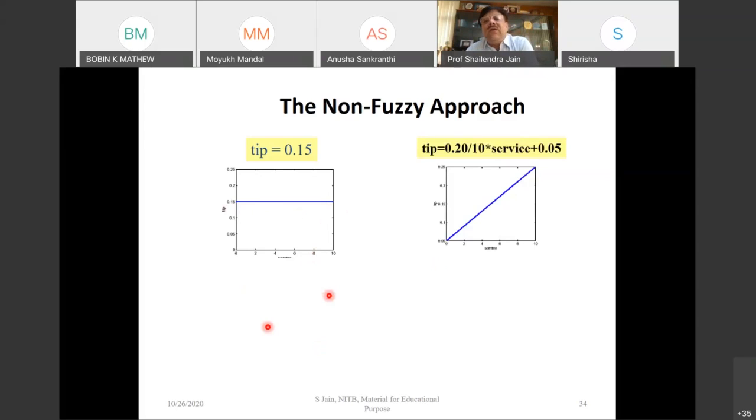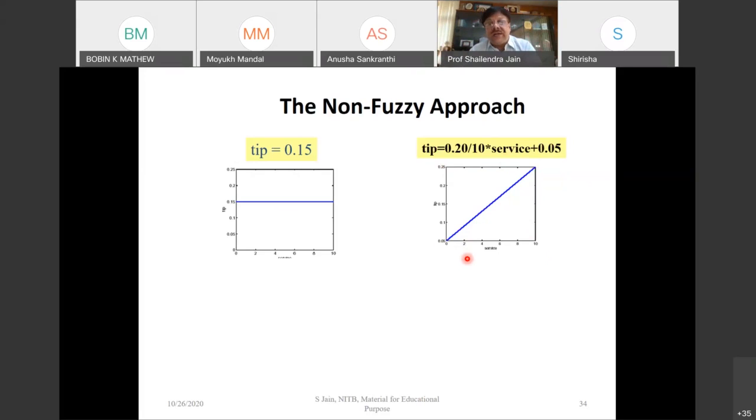So let's see, we can have another formula that will have some fixed component, but some percentage weightage is given for the service quality. That is very realistic. If service is good, tip is good. If service is very good, tip is very good. If service is not good, tip may be either zero or least. But if we have to offer the service provider something, then some minimum. So with this formula, there is a possibility of giving the tip from 5% to 25% based on my service quality.